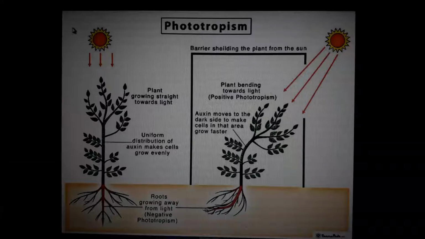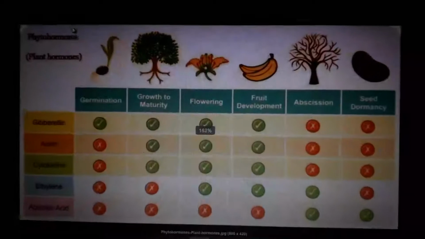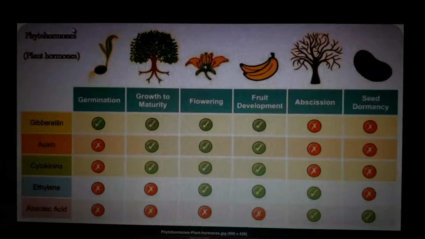Okay, another photo I have. These are the hormones in plants. This also we want to study in detail. Not detail, only these names you want to study. I will give this picture. What you want to do? You want to draw it in your notebook. In the textbook, in detail it is not given.